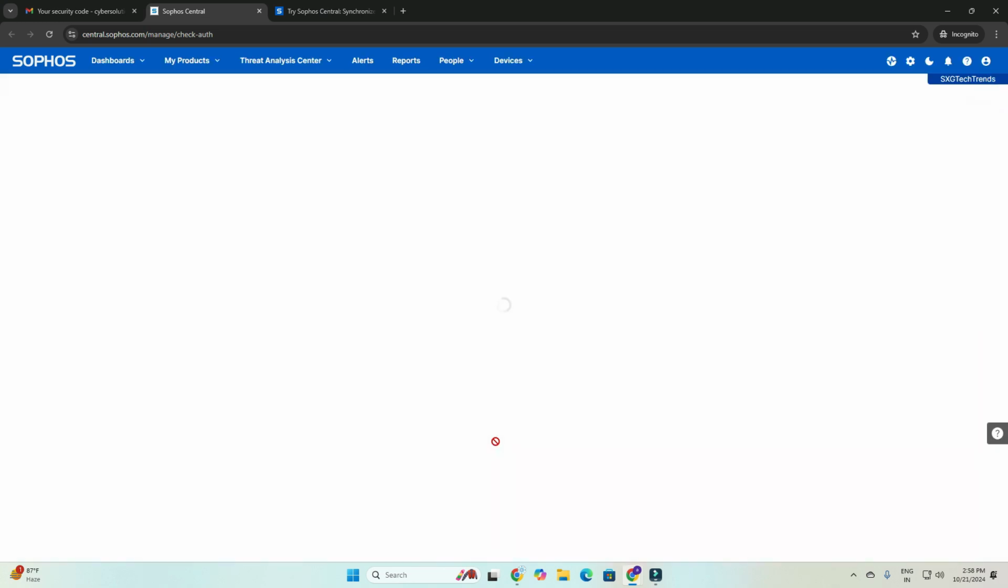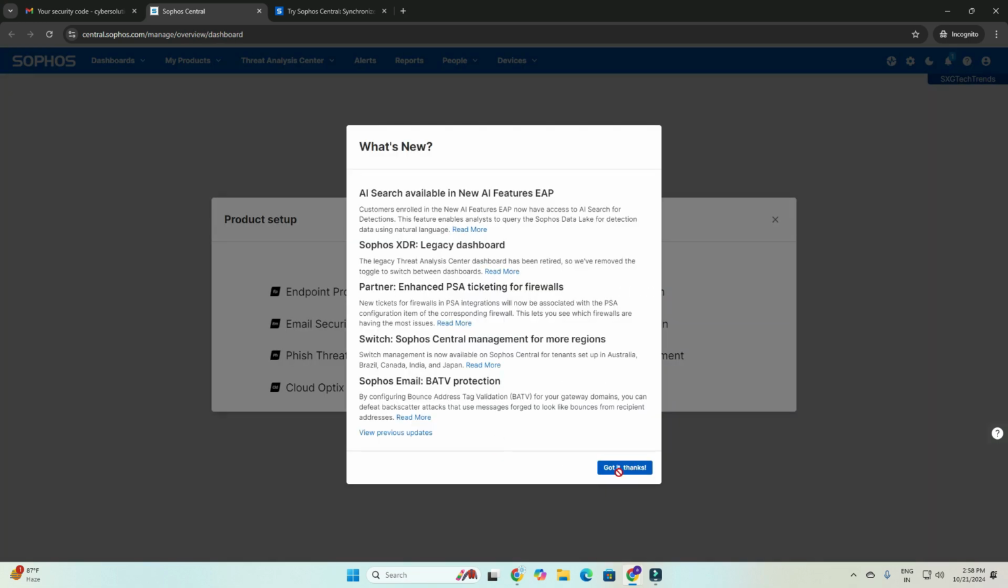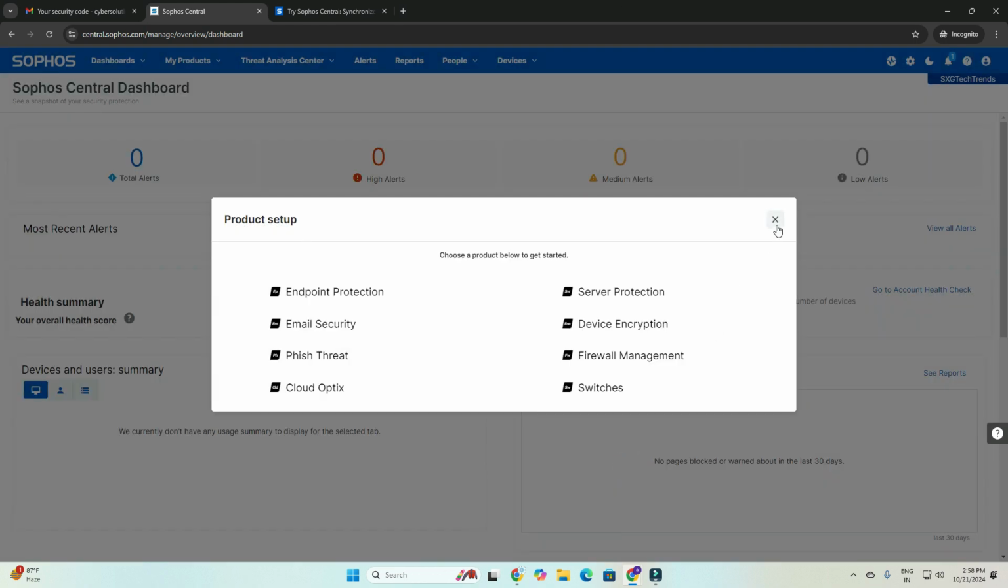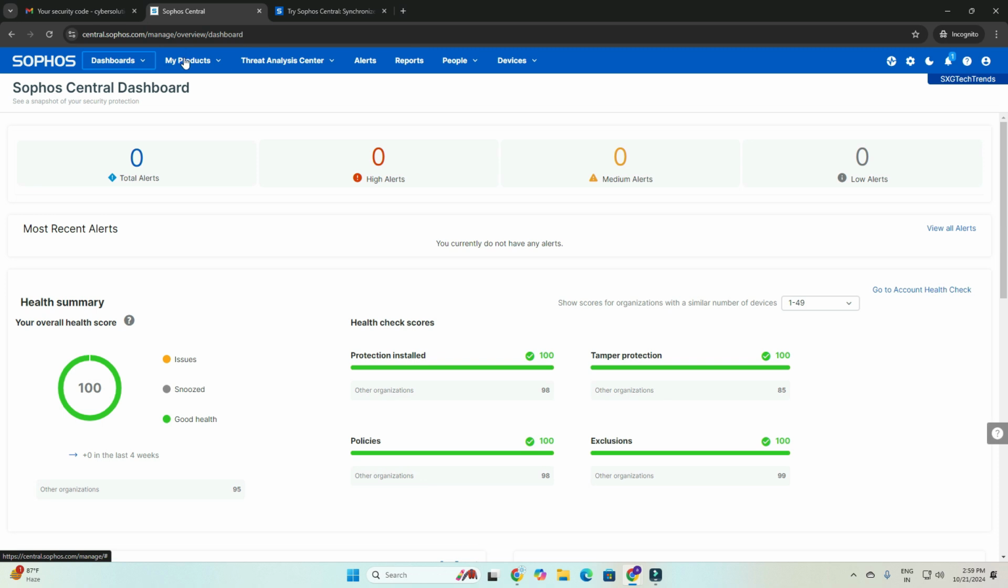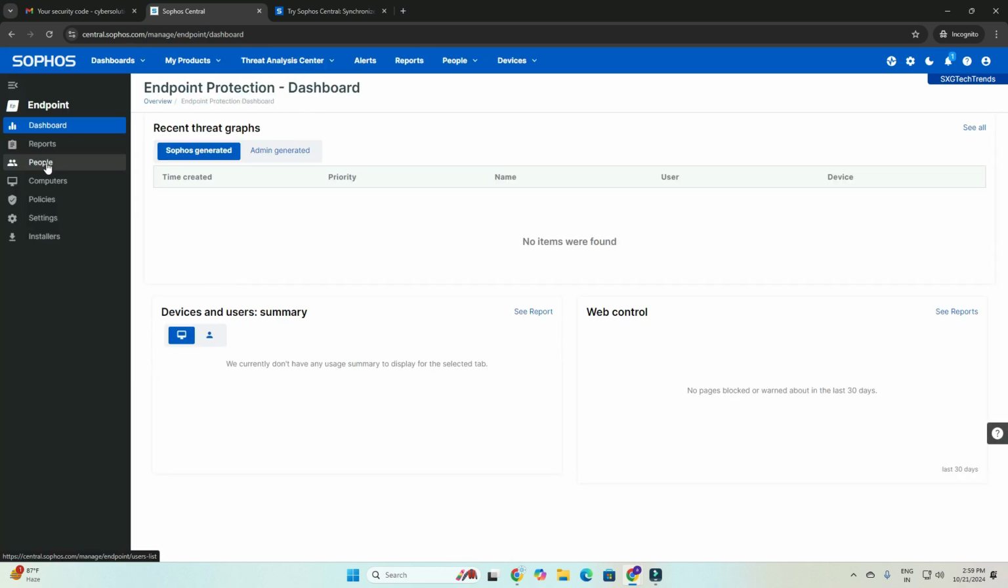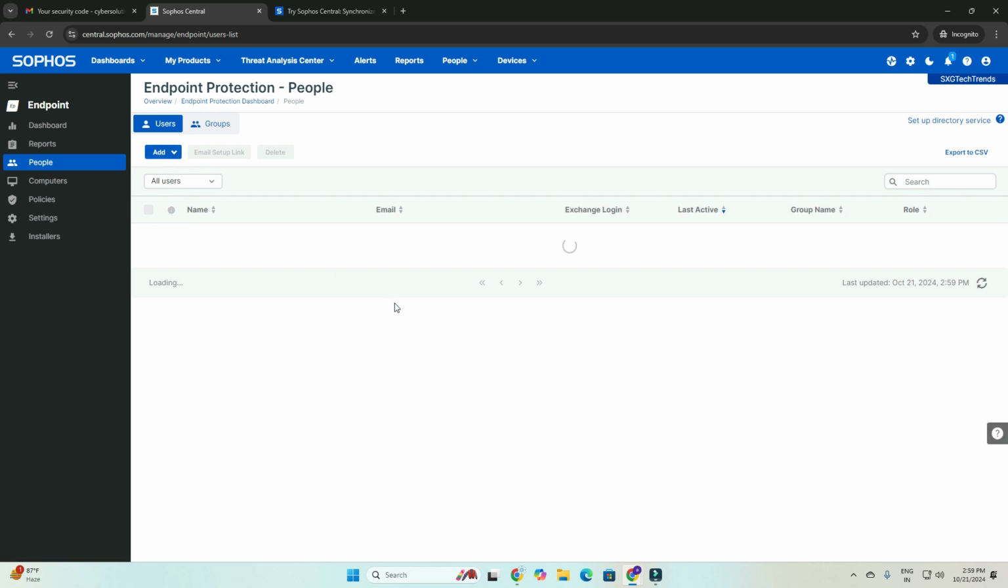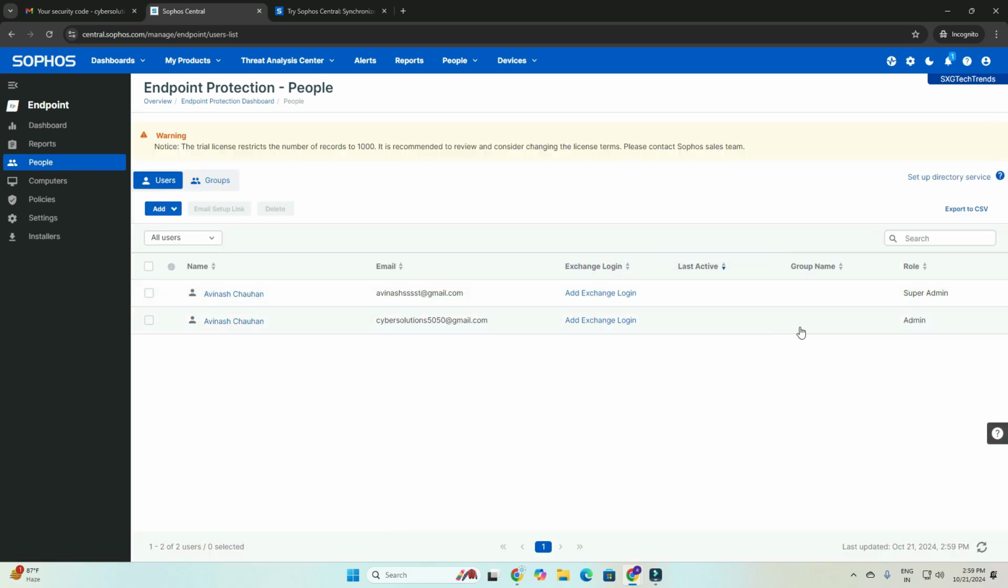Wait a moment. It is loading this window. Wow, we received this page, so it's nice. And I can go to products and then endpoints. If I go into people, you can see there are two users, and this email ID has super admin powers and the other email ID has admin power. So I am logged in with